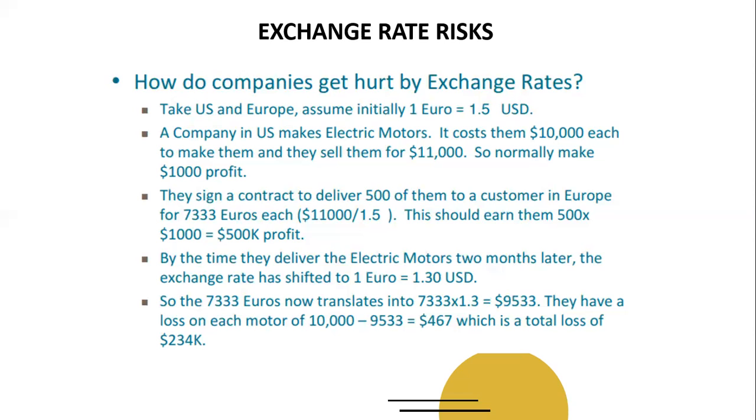But what happens is, oops, 2 months later, when it's time to actually deliver the motors, the value of the euro has appreciated. So now €1 is only equal to 1.3 USD. So now in this case, what happens is that the price that they're going to be getting is actually going to be going down. So if we make a quick calculation,